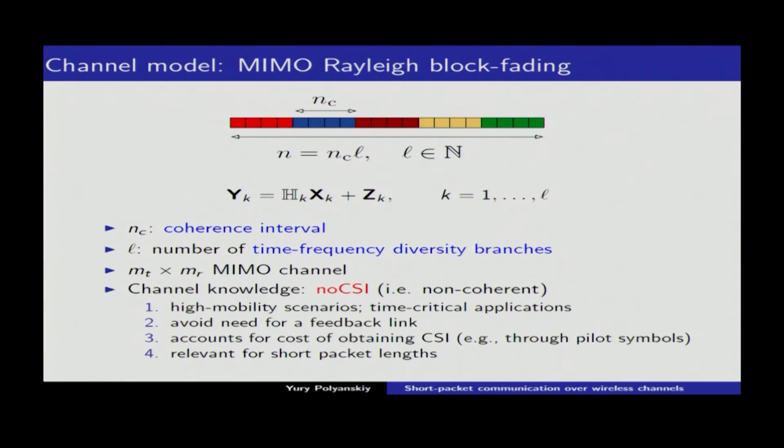So anyway, it looks like maybe it's not a bad idea to study the no CSI case, but also, more importantly for us, since we are talking about fundamental limits, not some ad hoc methods. In particular, this will tell us how much we should invest into training, so how many pilots we should use. This will cover the cost of obtaining CSI, because after all CSI comes from some training, right?